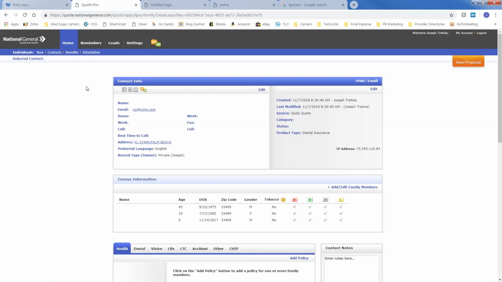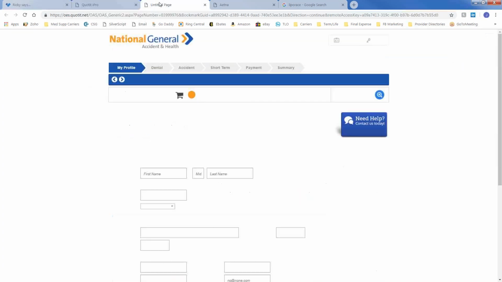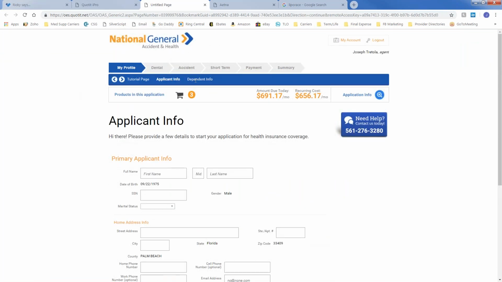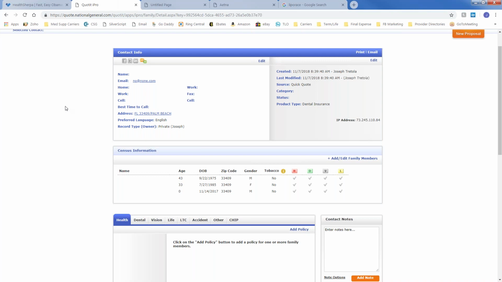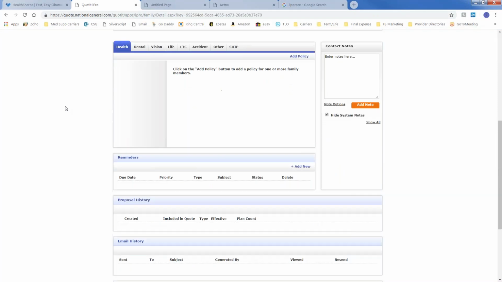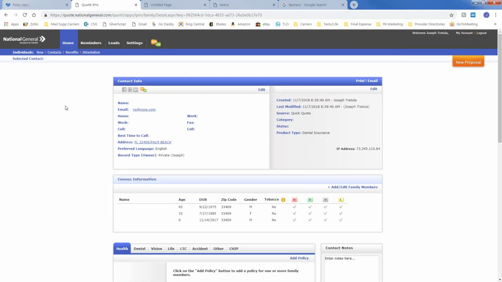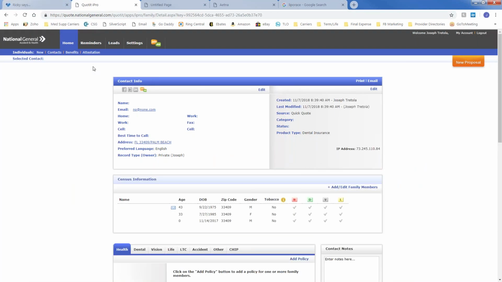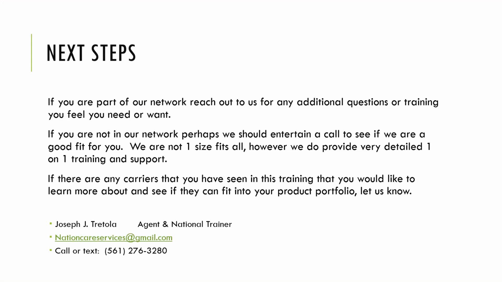I tell people to just keep it simple. There's a lot of different ways you can go as far as the health plan is concerned. But I would just keep it simple. Keep the $5,000 deductible quote, the $2,500 deductible quote, and you don't really have to get too complicated from there. So that's just an opinion. Obviously, if you want to do it differently, that would be for you. So that concludes this module. I tried to keep it quick.